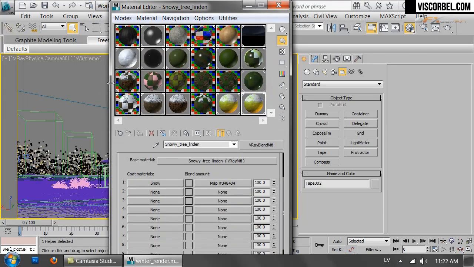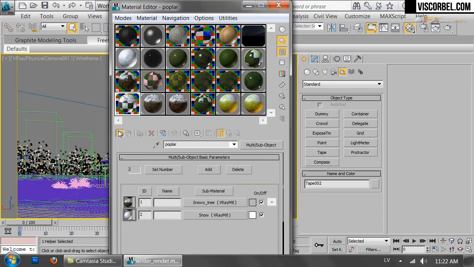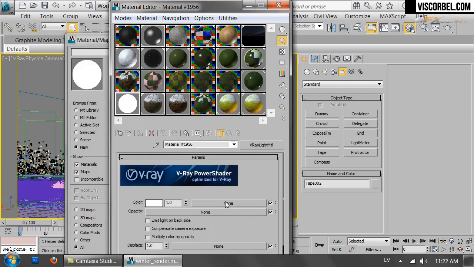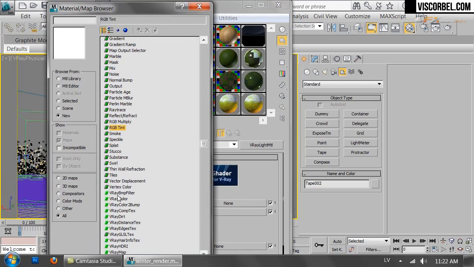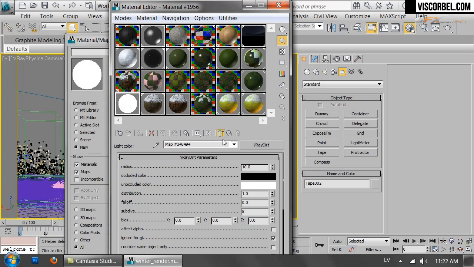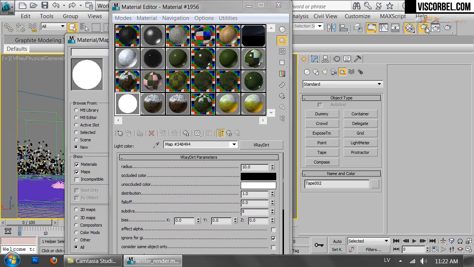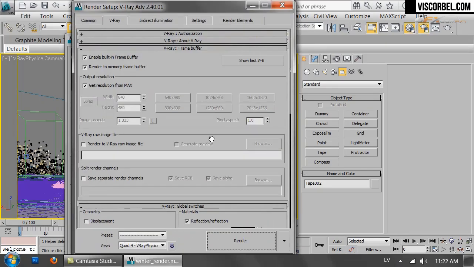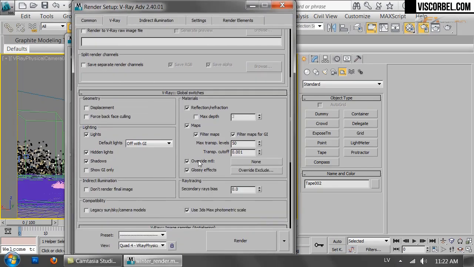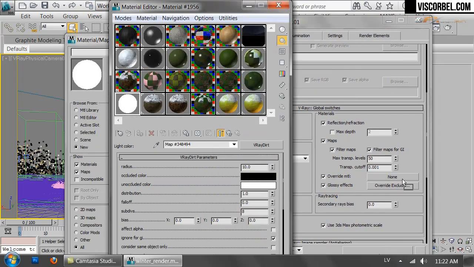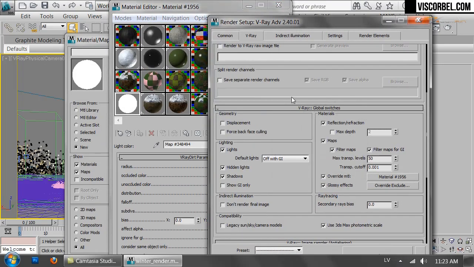And for that, we're gonna create a new material, V-Ray light material. Set up V-Ray dirt map in that map slot or color slot, and let's try it with the default settings and see how it looks. So basically, to render this ambient occlusion, you wanna use an override material. Just drag and drop it here and make an instance. And you wanna turn off